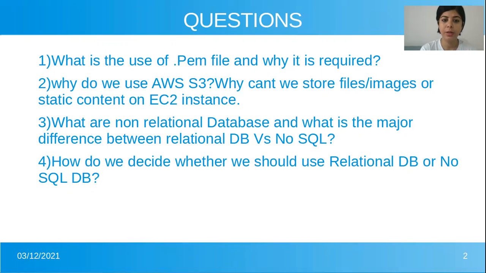Here, the use of S3 is to store static files such as any Excel file, PDF file, images or videos. These files cannot be changed; they are static. So AWS S3 is used for storing those static files. So why can't we store files or images or static content on an EC2 instance? We can store them on an EC2 instance as well, but